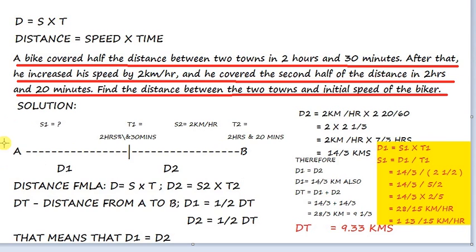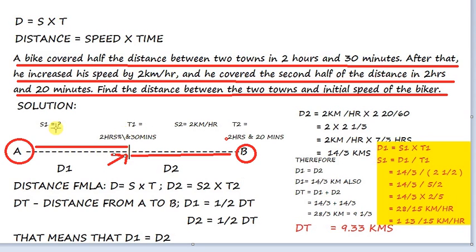From point A to point B, there is the distance called total distance, no? And then the first half of the distance is our first half, and this other part is another half, correct? Now the speed of the first half, you do not know, but the moment it reaches this point, it already has covered that half distance in 2 hours and 30 minutes, or 2.5 hours,